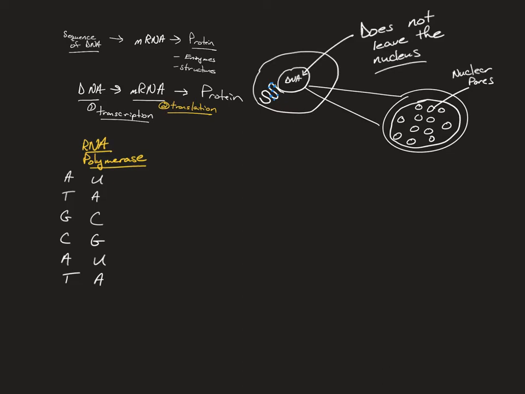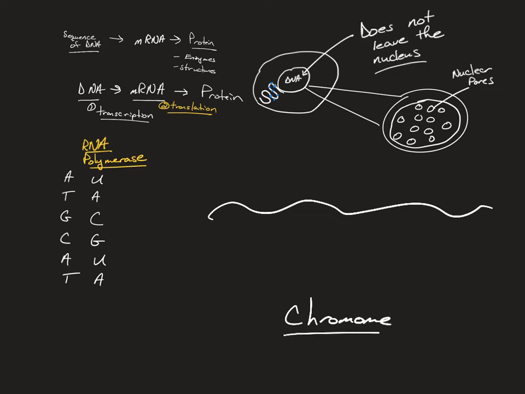Now, there are some changes because it makes RNA. First, let's take a look at what that DNA looks like. So you have this DNA. It's really long. It's a chromosome. We call this DNA a chromosome. That's what a chromosome is. Is that clear? It's a big, long DNA molecule. And each molecule is actually two molecules, right? They're held together by hydrogen bonds. So you've got this giant molecule of DNA, two strands,